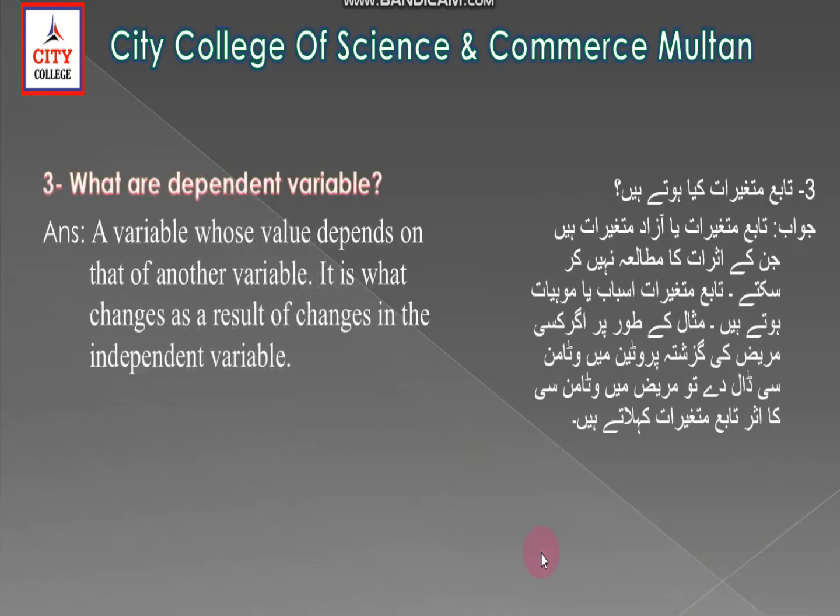Short question number 3. What are dependent variables? A variable whose value depends on that of another variable. It is what changes as a result of changes in the independent variable. Dependent variable can change